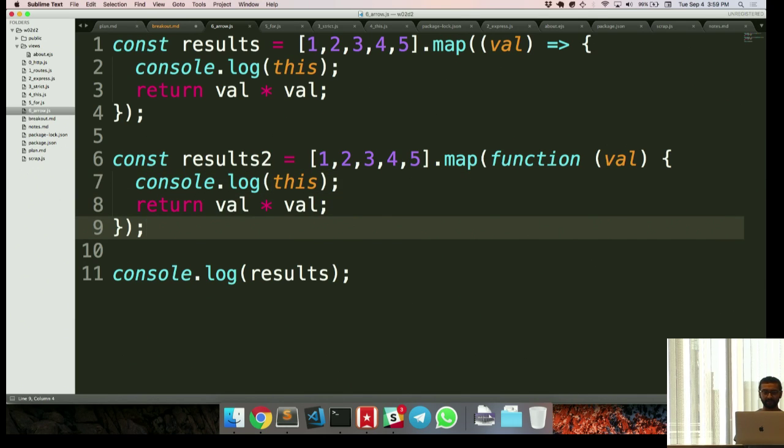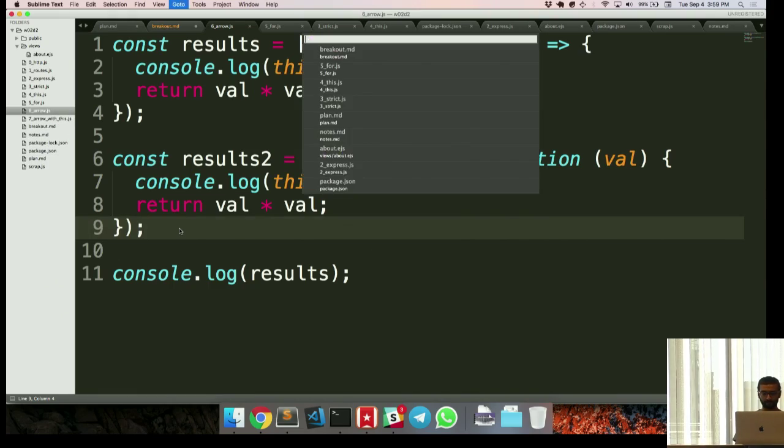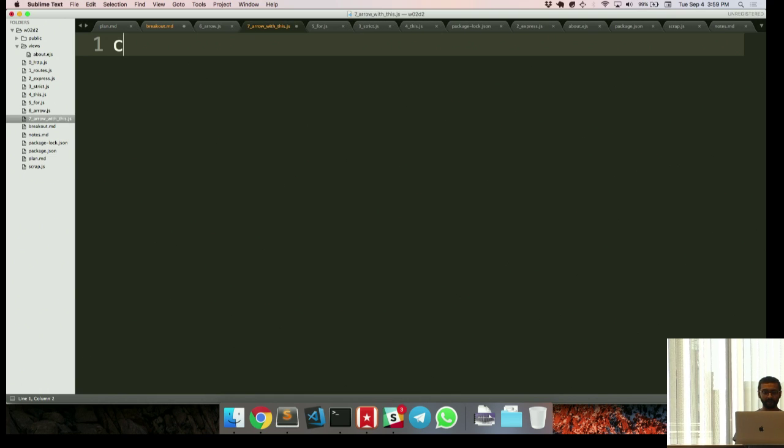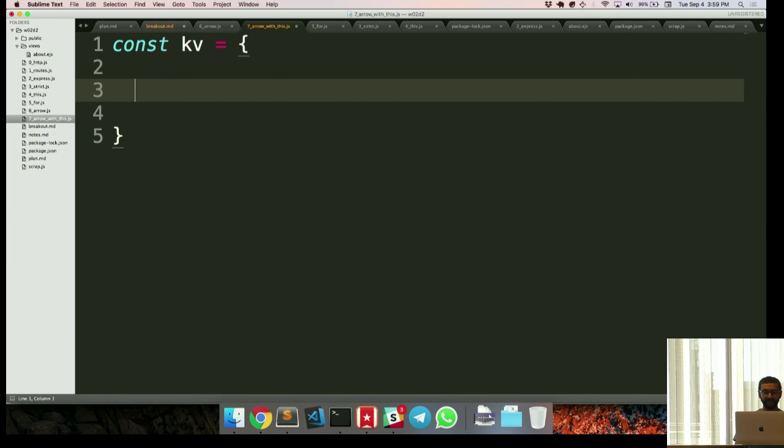So instead, you have an object, and you have functions on the object using properties, right?